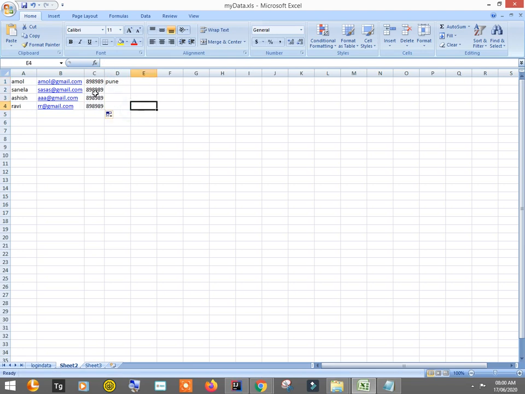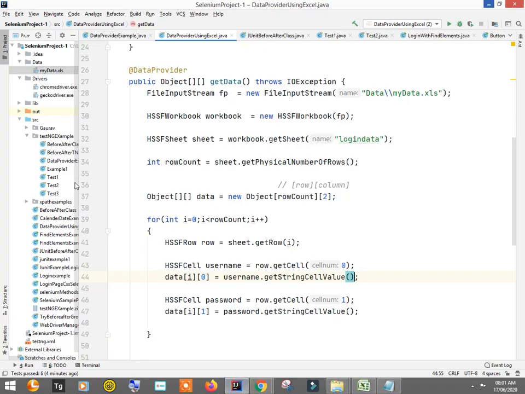There should be some numbers. Okay, so now I'll save this. So first we will see how to deal with this if you have a number. So let's save this. I'll write the full code for the implementation of the same.